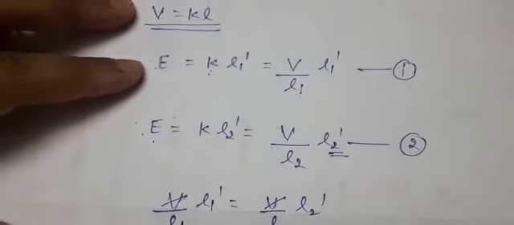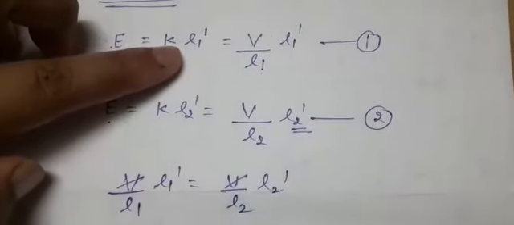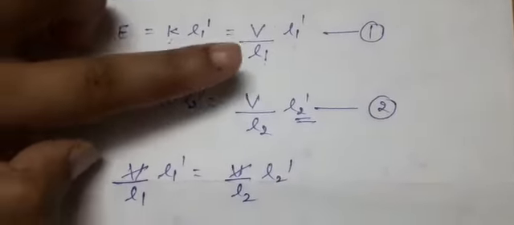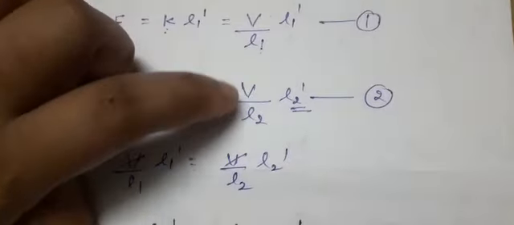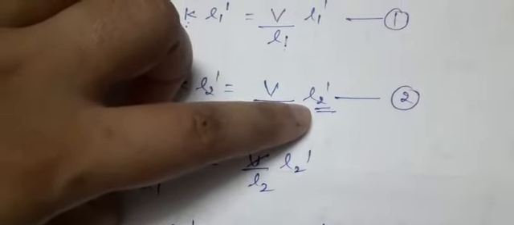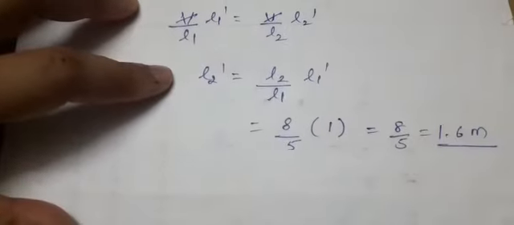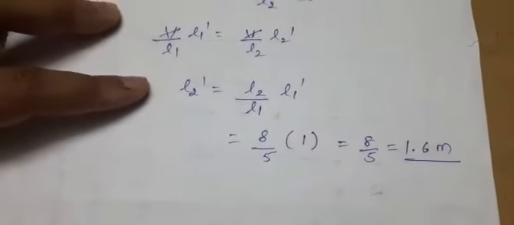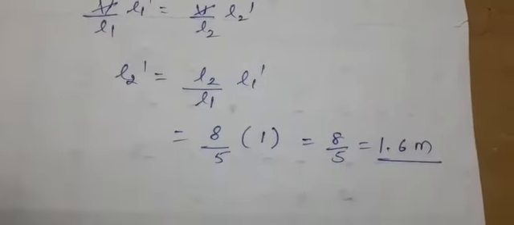So for the constant same cell, what condition will be changing? Balancing point corresponding to different length of potentiometer. So here this length will be varying as well as balancing point. Since this L2 dash we have to calculate, equating these two equations and solving, substituting the value, we are getting this particular changed balancing length.